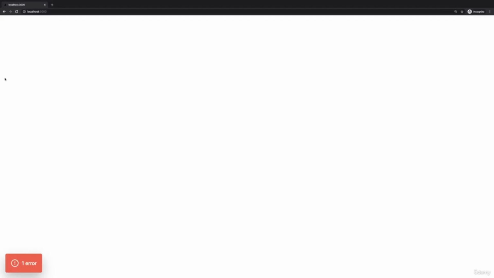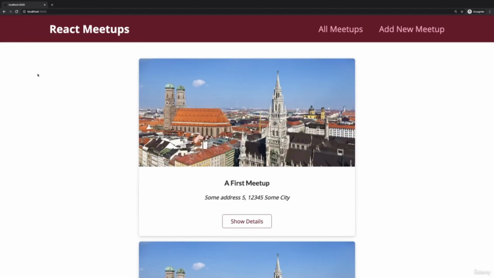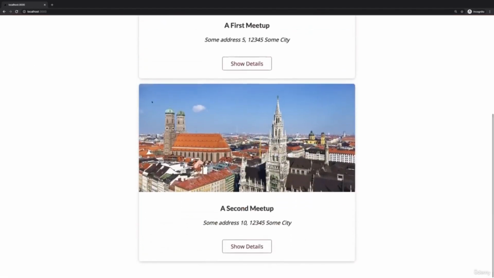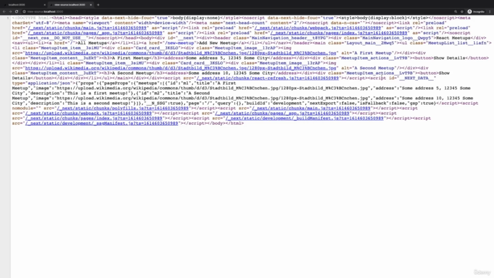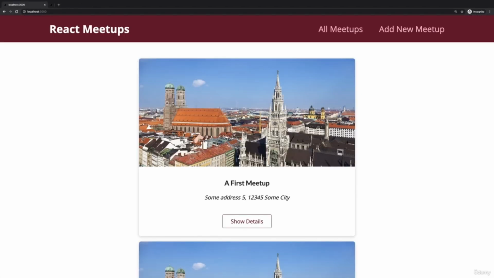If I now save everything and reload our page, we still see our meetups here. But if I now view the page source, we see that we no longer have an empty unordered list. Instead, we have an unordered list which has list items with the images and the title and so on. So now this is pre-rendered and it contains the full HTML code, and that's of course also great for